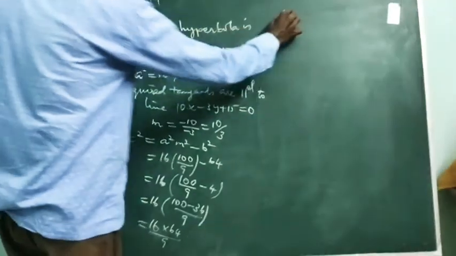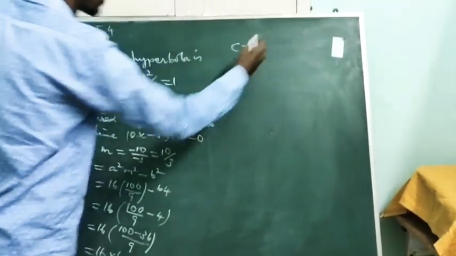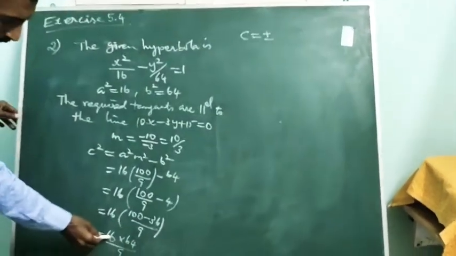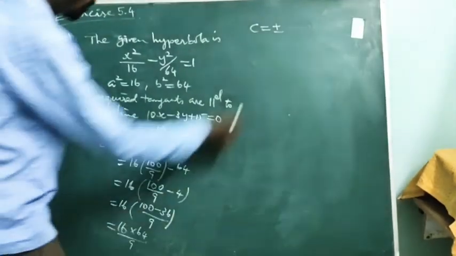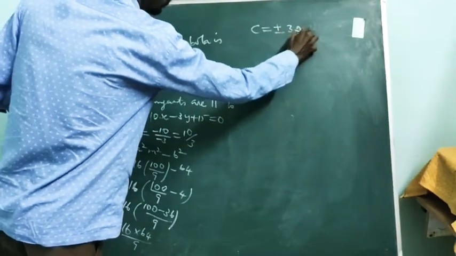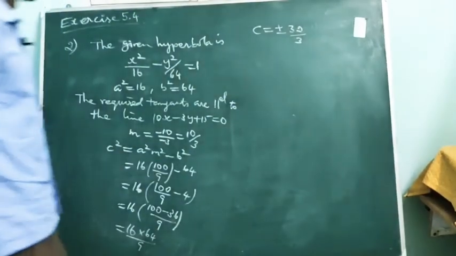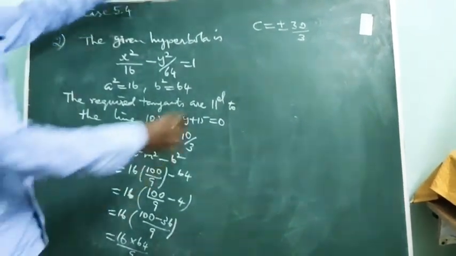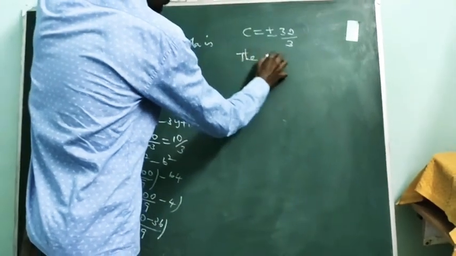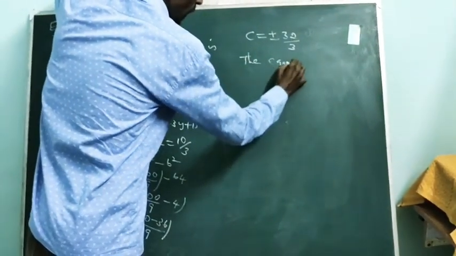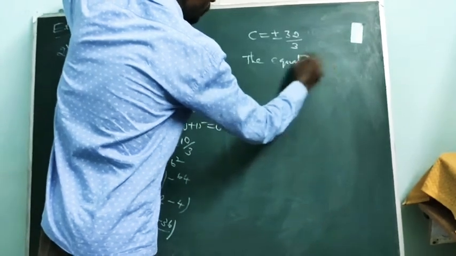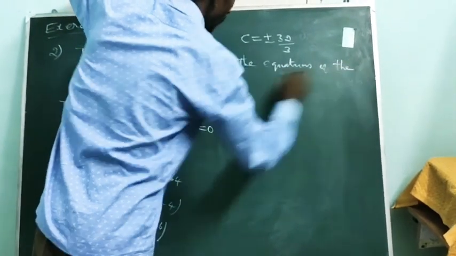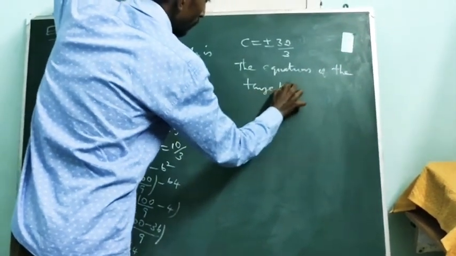Now we need the c value. C means square root of this one, plus or minus. Square root of 16 is 4, here 8, 4 into 8, 32, square root of 9 is 3. So we are getting c equal to plus or minus 32 by 3. So the final one, the equations of the tangents are,